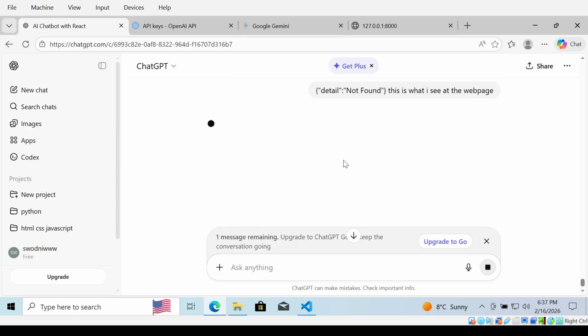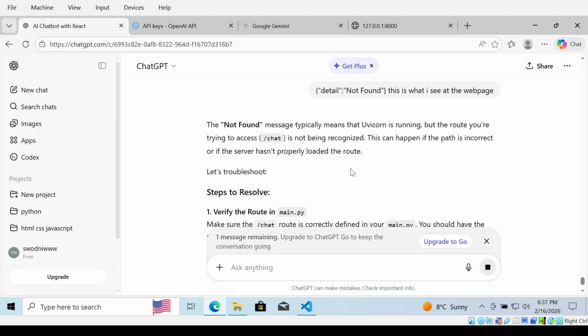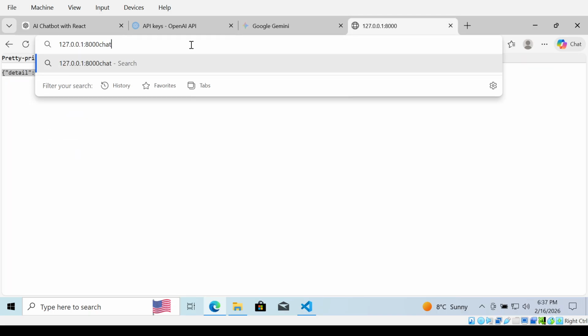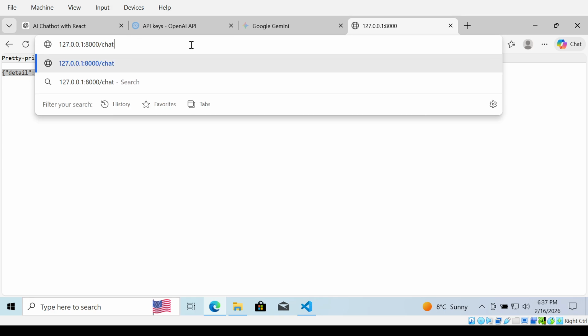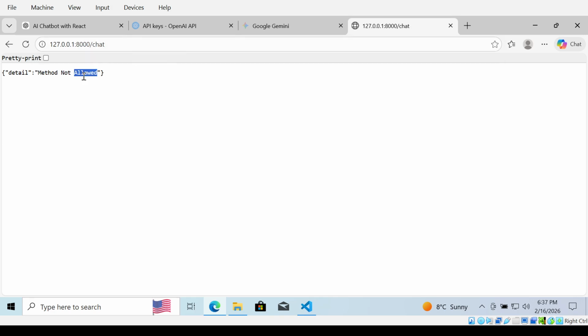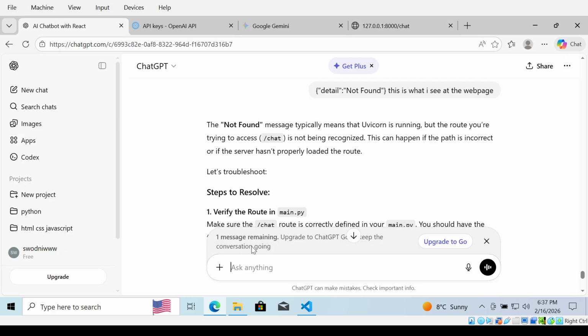So let's see what happens. But the route you're trying to access, chat, is not being recognized. Oh, chat. I need to go to the chat. Yeah. I'm at chat. Manually had to type chat in the browser, and now it says